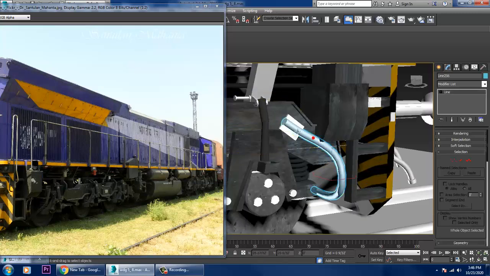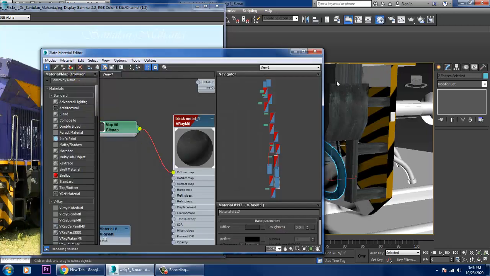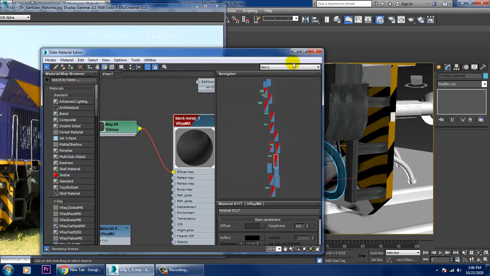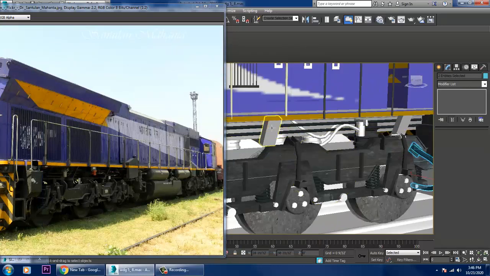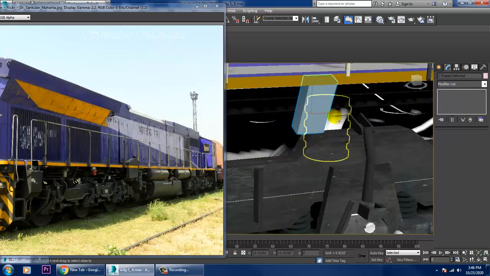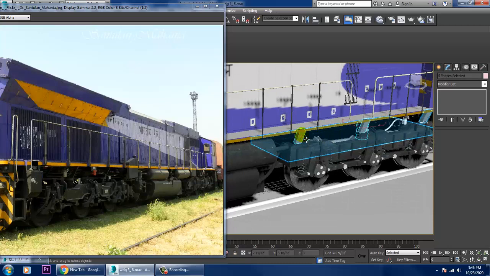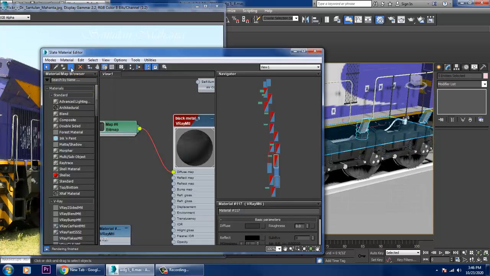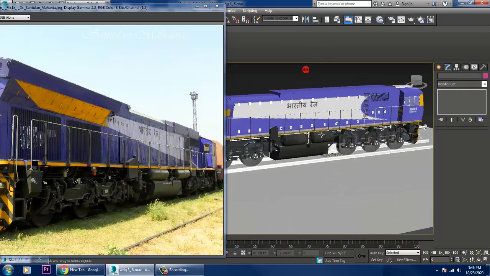So same thing. That would be the same material for this also. Select all of this and it will have the same material.